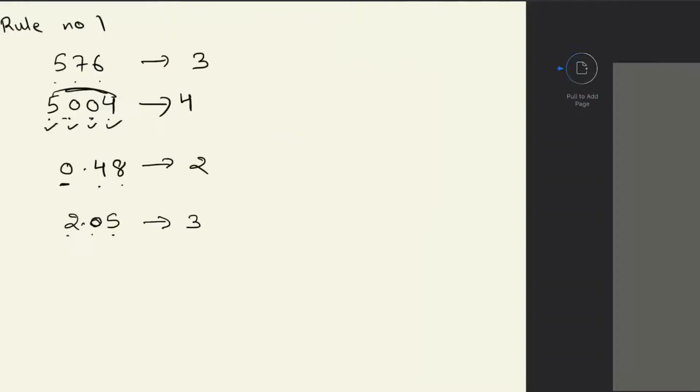Now let us come to rule number 2. Rule number 2 states zeros which are lying to the left of the first digit are never counted as significant. Not to the right. This is the right and this is the left. The zeros which are there to the left of the first digit are never counted. They basically just indicate the position of the decimal point. Let's suppose I say the number is 0.05 and you have to find out the significant figures. These zeros which are there towards the left, they are only indicating the position of the decimal point, so we will not count them as significant figures. So the total number of significant figures will be here just 1.